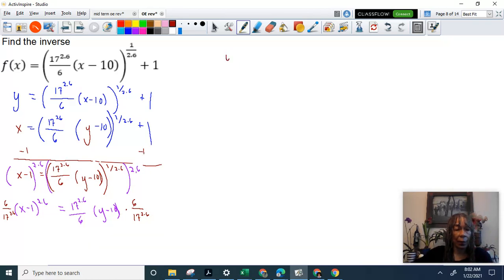So now my old right side but new left side is y minus 10, and my old left side but new right side, which is getting drastically more complicated, is 6 over 17 to the 2.6 times the quantity of x minus 1 to the 2.6 power. And if I didn't make any mistakes, which I don't believe I did,